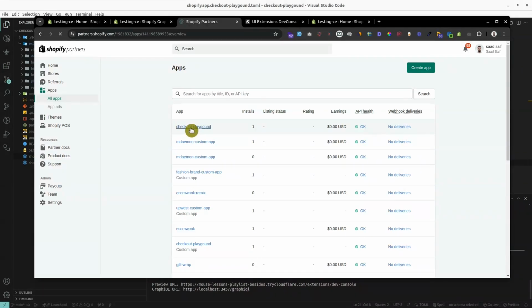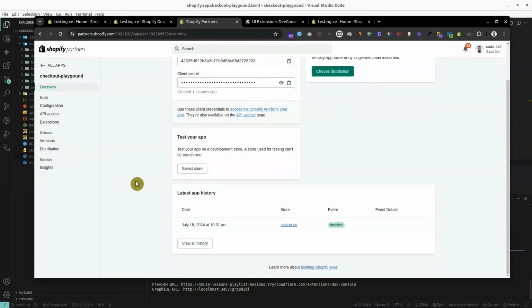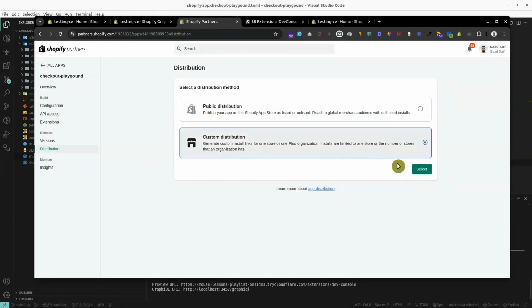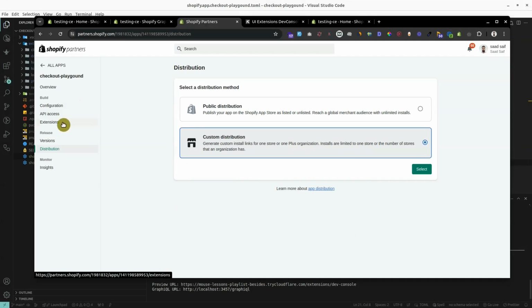If we go into this app, we'll be able to see that this app is installed in this store, and from here we can create the custom distribution for any of the Plus stores that is available in our organization. So if we go to the extensions,